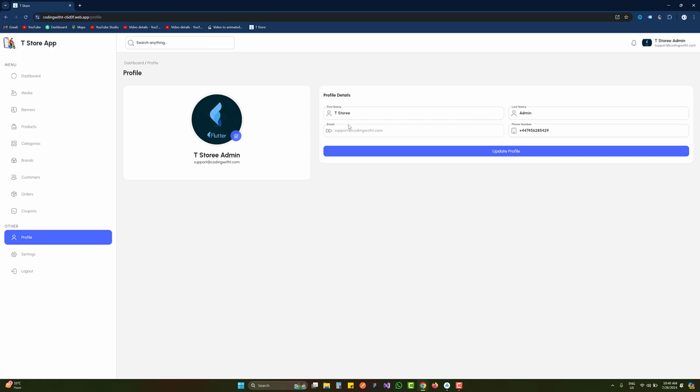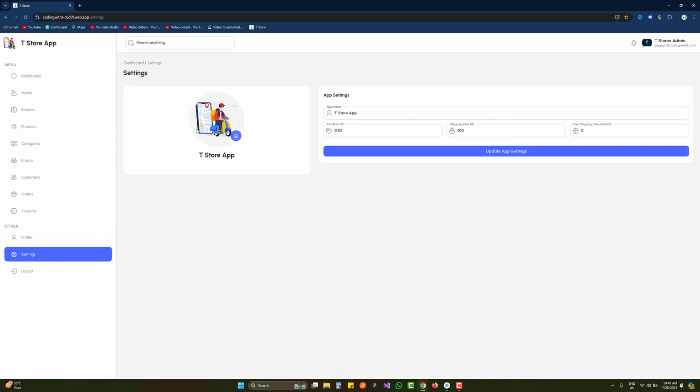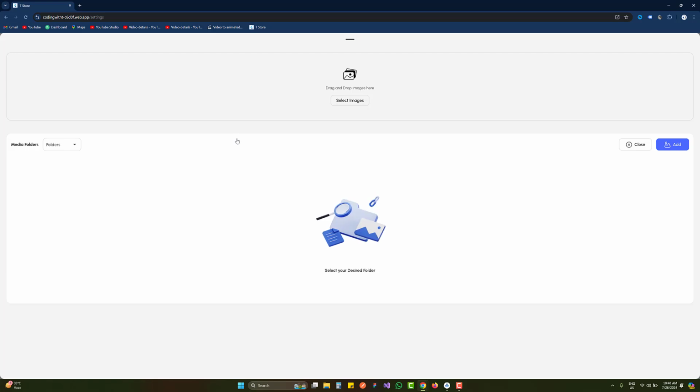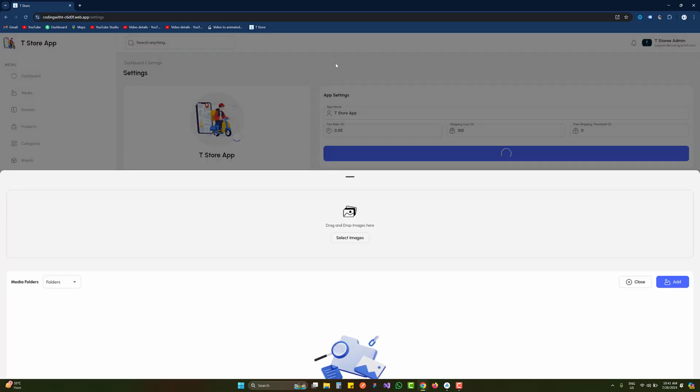So we have two things. We first need to fetch the information if there is not any. And once we fetch the information, we can update this information from here. So if you see the settings screen, again, this is the image of the app which is currently displaying over here as well. And when I click on this, we are going to display the media pop-up using bottom sheet, which is this one.